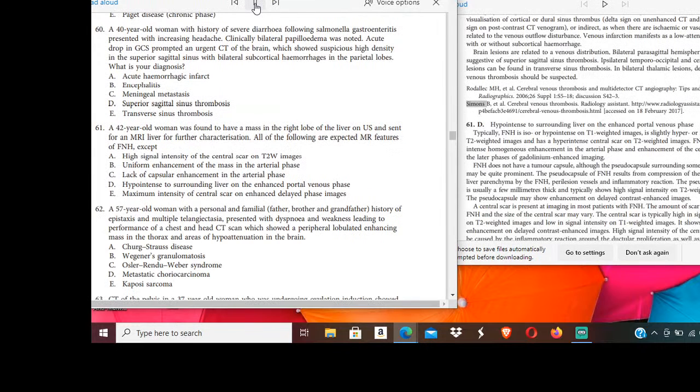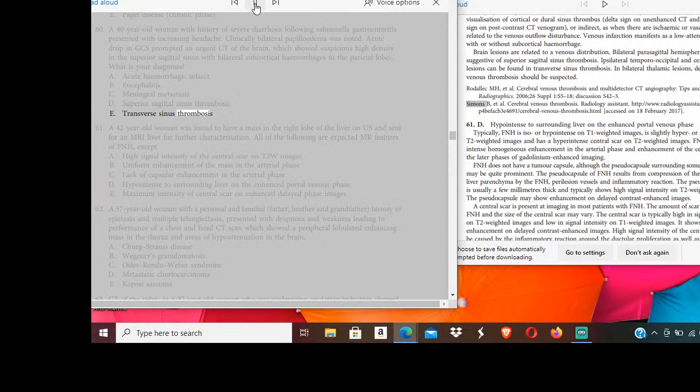61. A 42-year-old woman was found to have a mass in the right lobe of the liver on US and sent for an MRI liver for further characterization. All of the following are expected MR features of FNH, except: